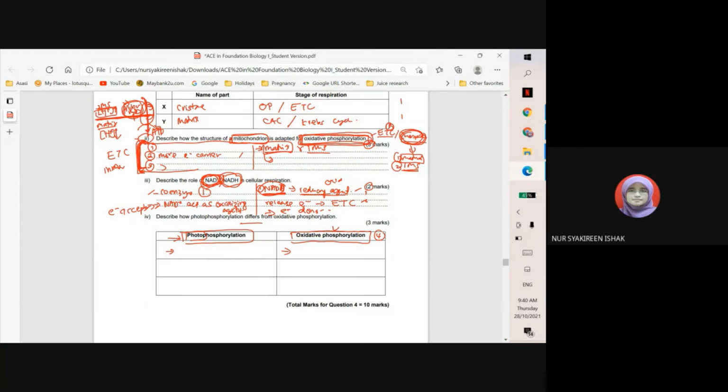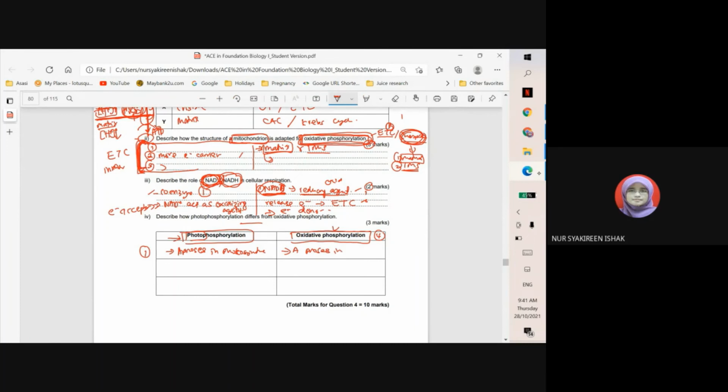Okay, so point yang pertama dah dapat dah kan, a process in photosynthesis. This one is a process in cellular respiration. Okay, so the second difference,